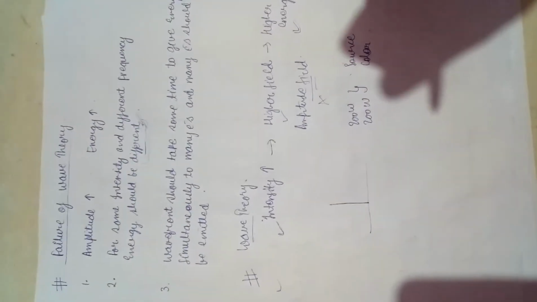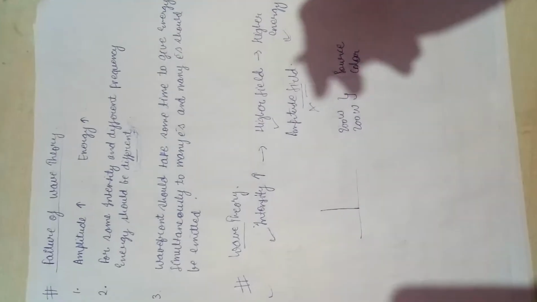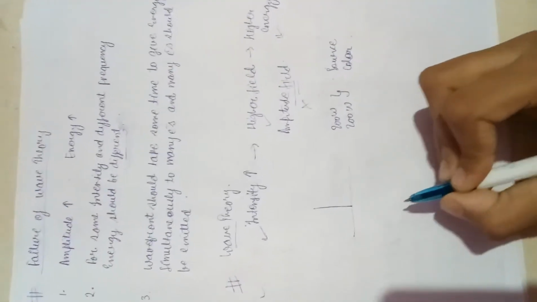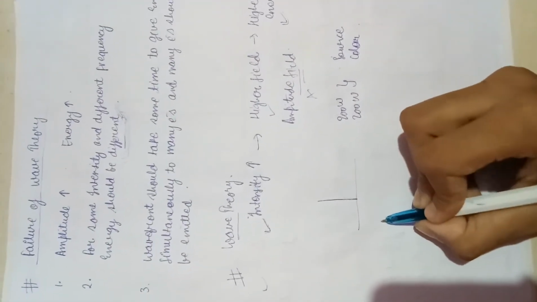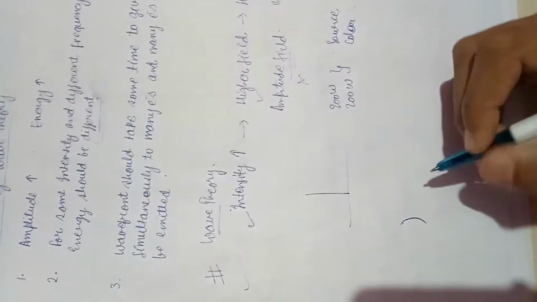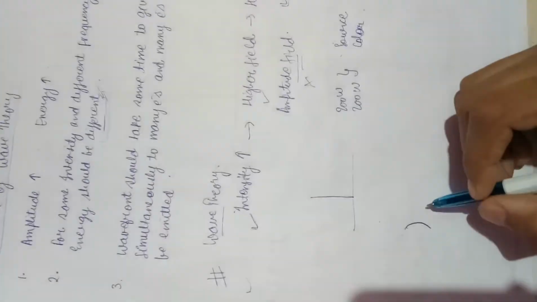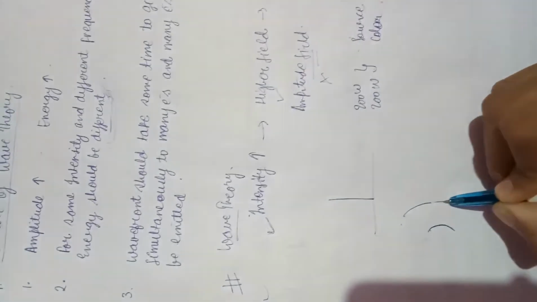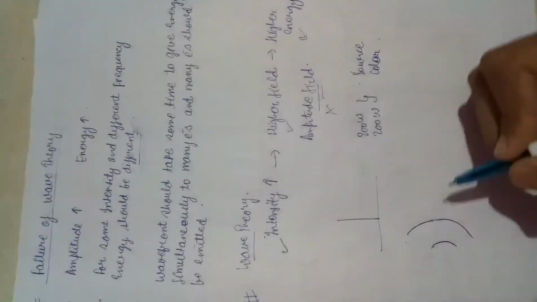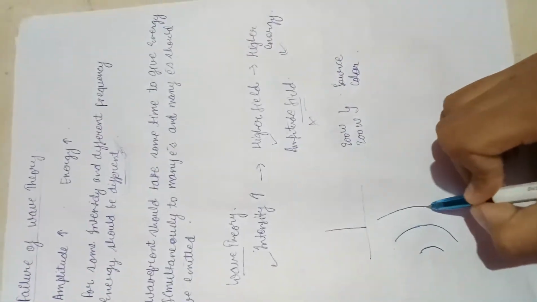Then, the third point: what wave theory says is that the absorption of energy takes place over the entire surface of the wavefront. Wave theory mainly talks about the wavefront. For example, if I have a lower wavefront from, let us say, a 100-watt bulb, and I use a higher power bulb, it will simply increase the amplitude of the wavefront. And if I use a more intense bulb, it will again increase the wavefront.